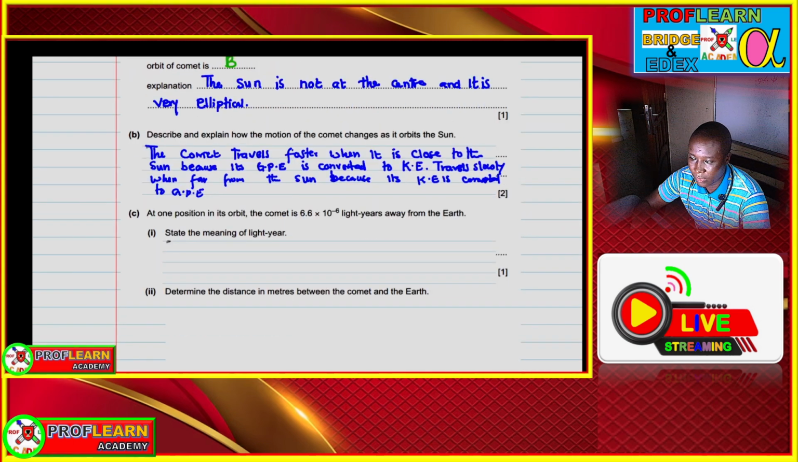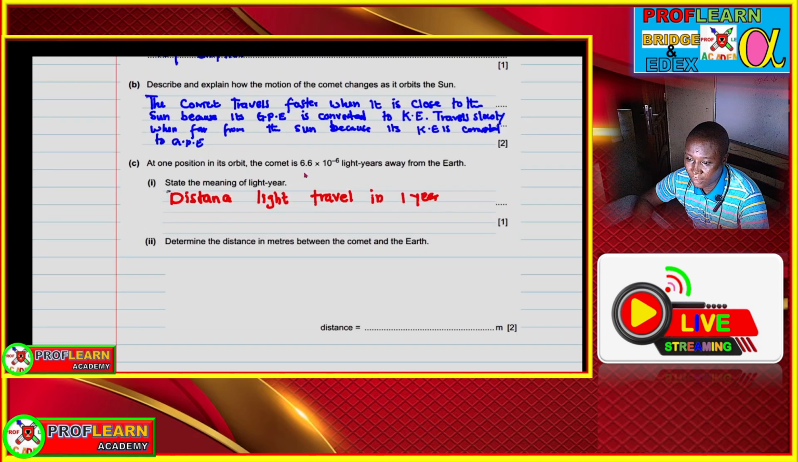Something else you need to remember in space physics is the definition of what we mean by the term 1 light year. 1 light year is the distance light travels in 1 year. So the definition we are supposed to write is this one here, and then we determine the distance in meters,